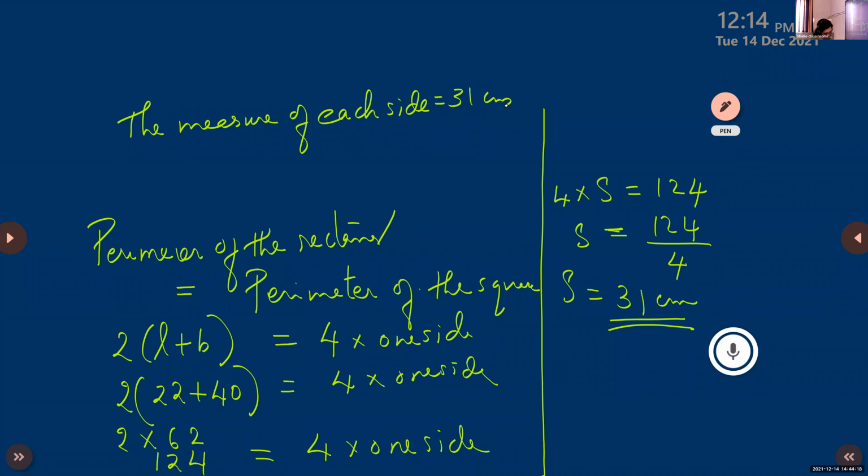Now, one more question is there in that. Which shape encloses more area? So we have to find the area of both figures. You do it and tell me now. Last question, you do it. Also find which shape encloses more area. Which shape contains more area. Do it. Area of the rectangle and area of the square.